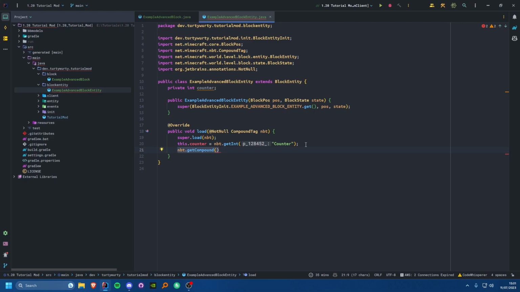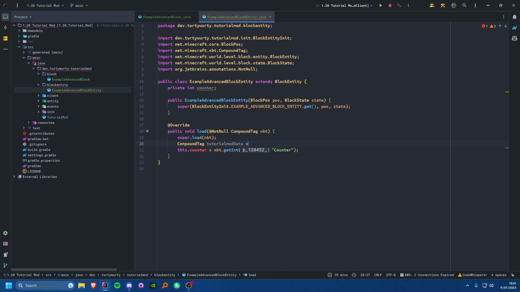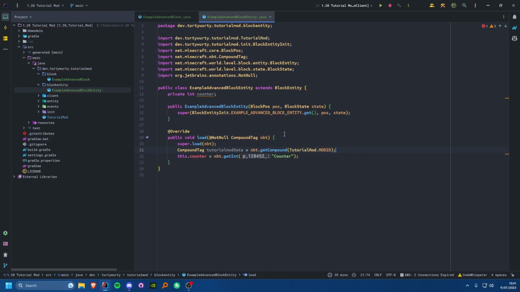Now, I should say one thing that some people may recommend you do is you actually always save your data inside of a mod ID. So for example, you might always do something like compound tag tutorial mod data is equal nbt.getCompound tutorial mod.mod ID, and then instead of nbt.getInt counter, you might add tutorial mod data.getInt counter.